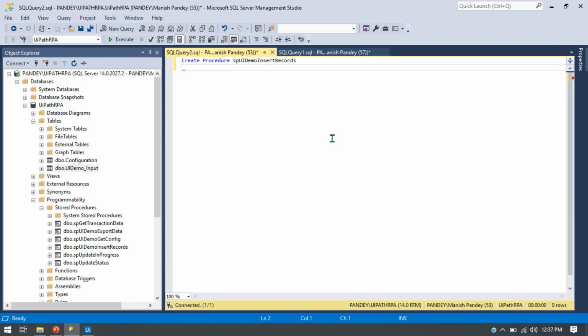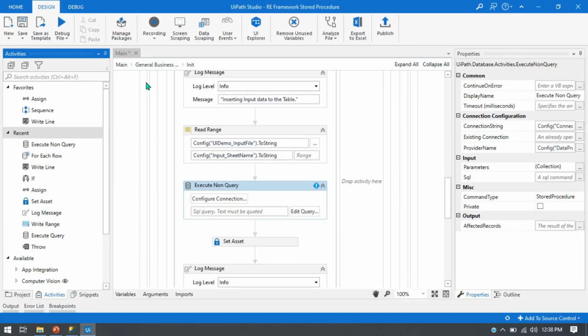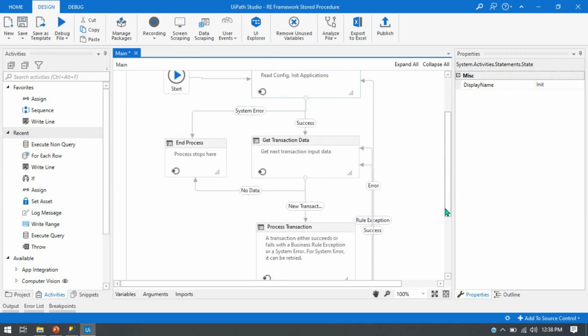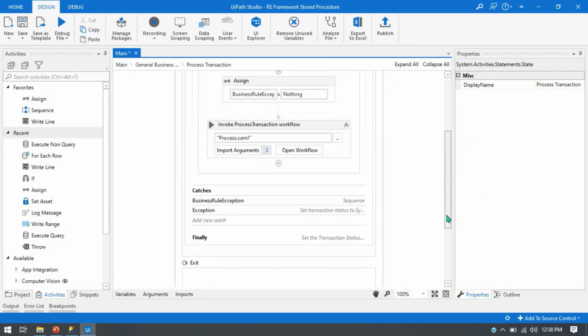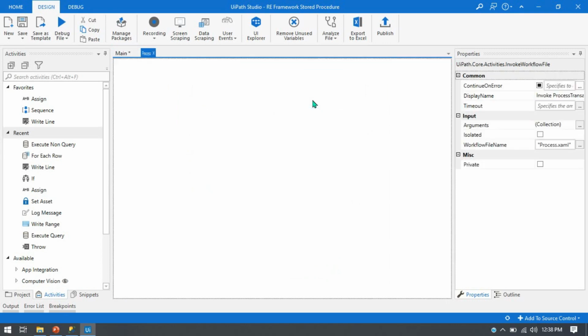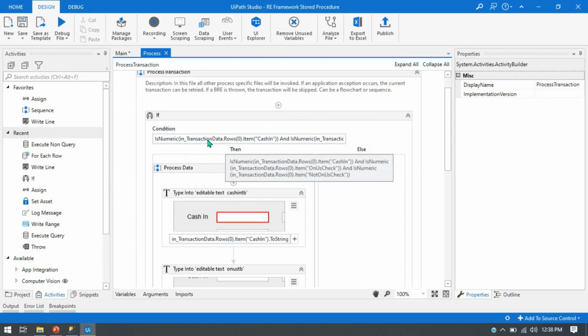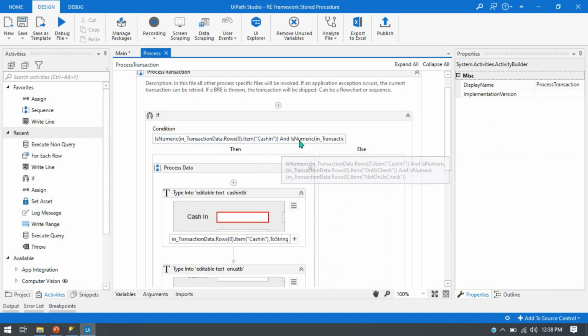Okay, now this is the syntax, create procedure, procedure name as begin, and so here we need to write the procedure statements, and before the statement we can write our parameters here. So our statement is, you can see here in the process section, we are checking here is numeric in transaction data dot rows of 0 dot item of cash in, and is numeric this. So we are applying this formula in the if condition and in the workflow,